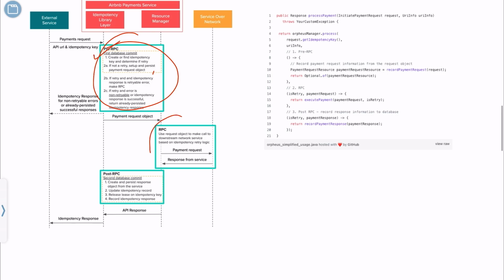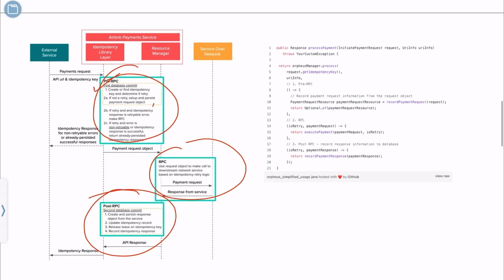In RPC, you are talking to the external vendor. In post-RPC, you are updating that database, and this is the transactional block which we are talking about. We are combining multiple transaction blocks, right? So